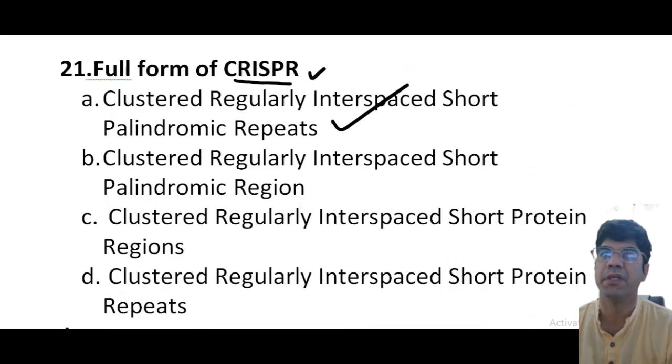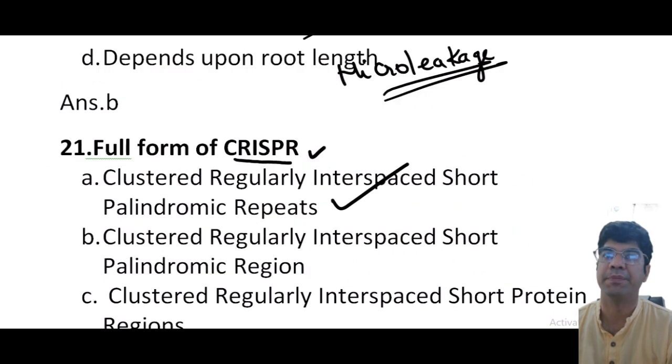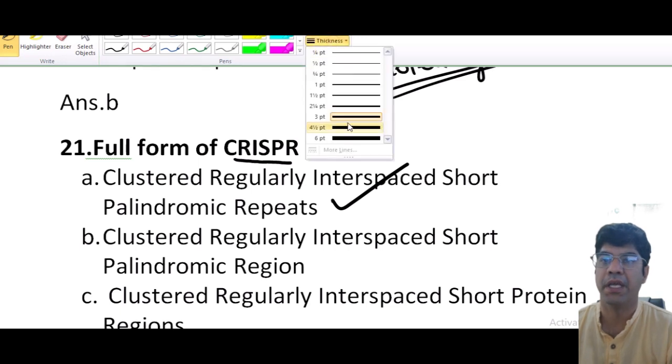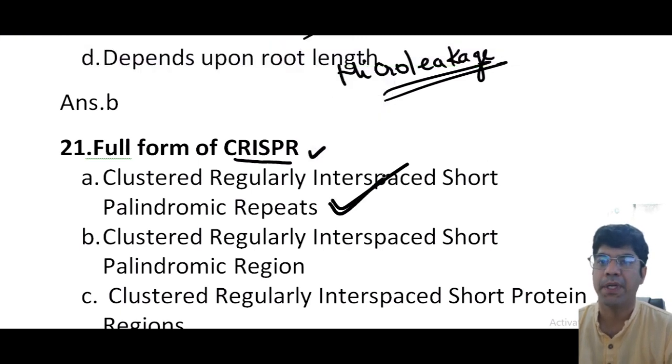So next question is, what is the full form of CRISPR? Well, it stands for clustered regularly interspaced short palindromic repeats. So the answer is A. Now remember that